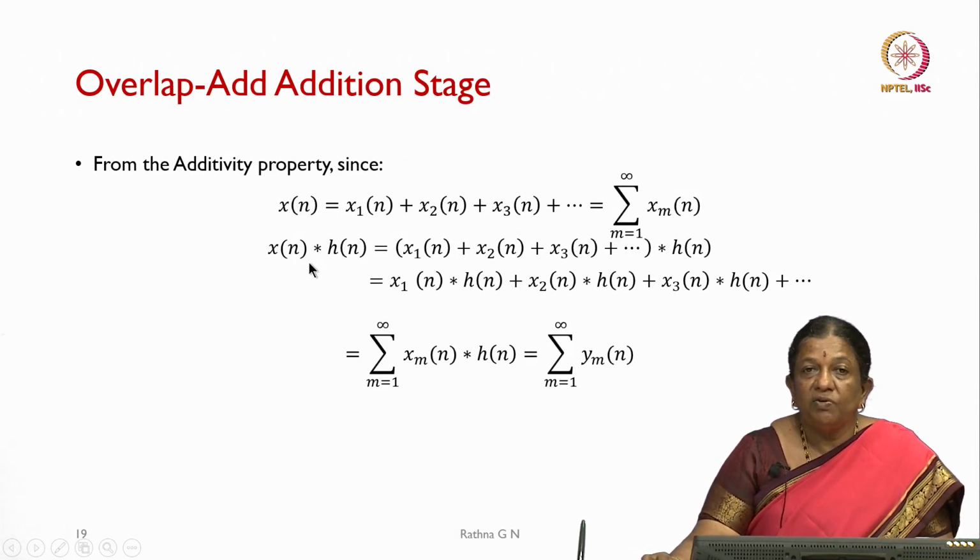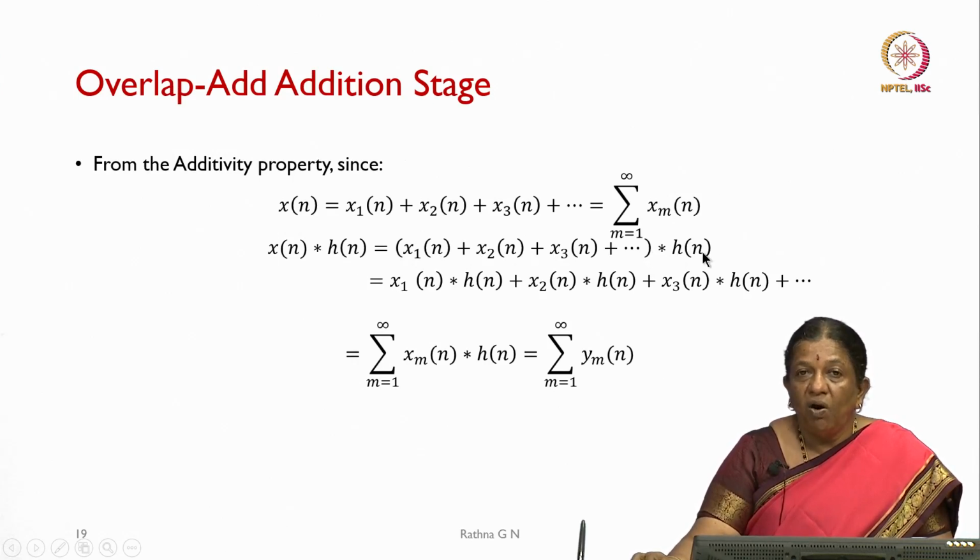We use x of n convolved with h of n, which is x1 of n plus etc. in total convolved with h of n, because of our additivity property. So, we can do them individually, that is x_m of n convolved with h of n, m varying from 1 to infinity, and then we add all the y_m of n, which gives us the